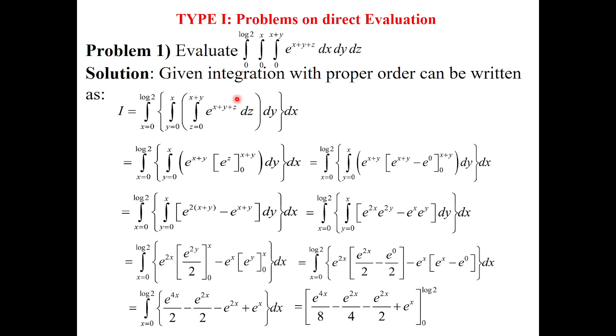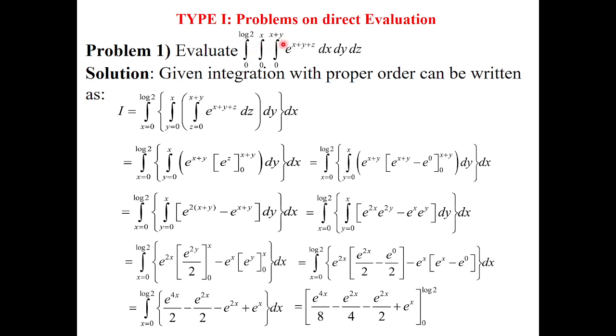Let us see the problems. Now, I will explain how to evaluate the integrations. If you check the innermost limits, one of the limits is constant 0, and the upper limit is xy. So the innermost limits are functions of x and y both. Which is the remaining variable? z. So first we will integrate with respect to z.